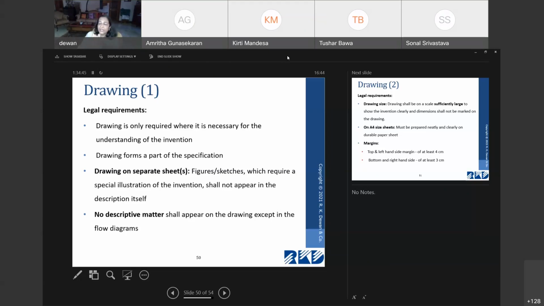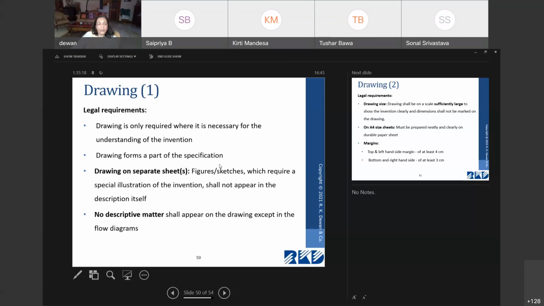So that is a very critical aspect of drafting, where you need to make sure that there is a consistency in the description and in the numbers, reference numerals, and in the drawing. So whatever is in the drawing should come into the specification. If you make a drawing, you give some reference numeral and you forget to mention that part in the specification, it can lead to some objections. So this is the basic legal requirement for